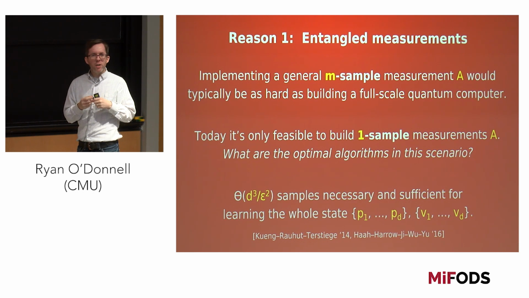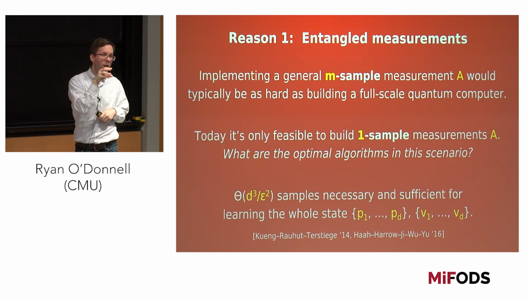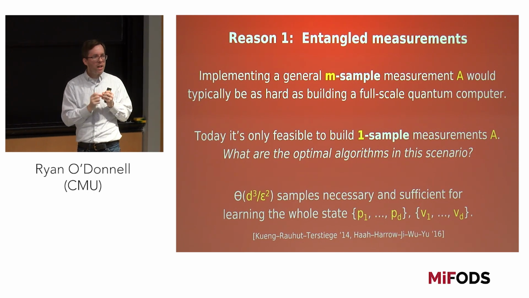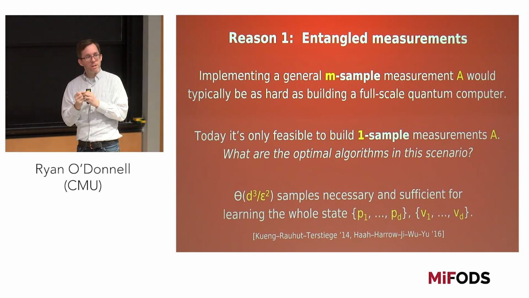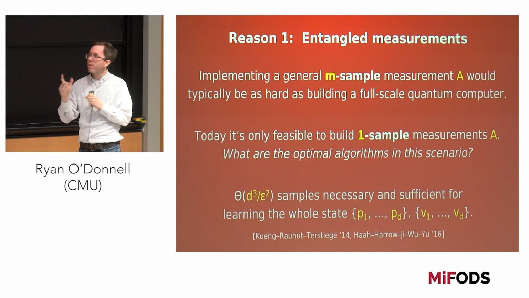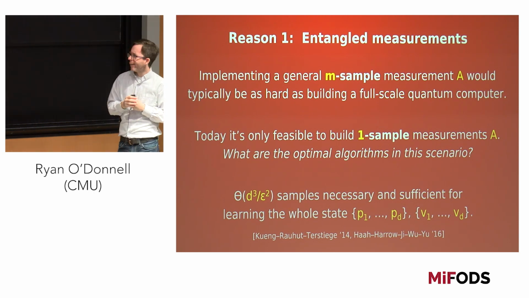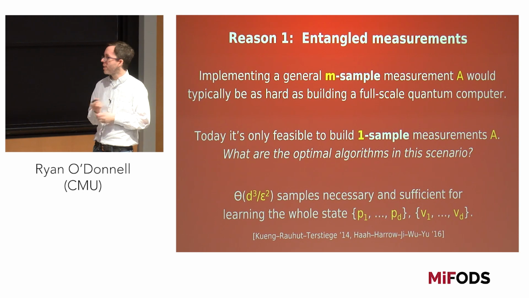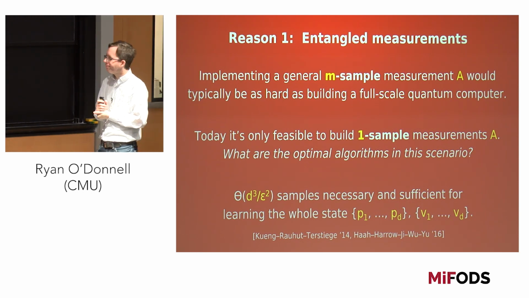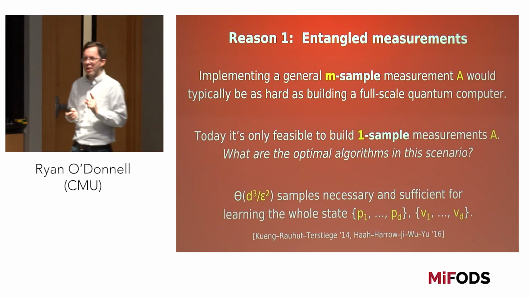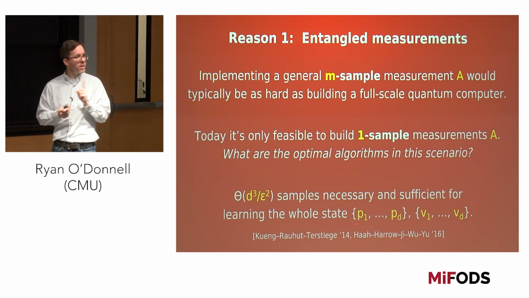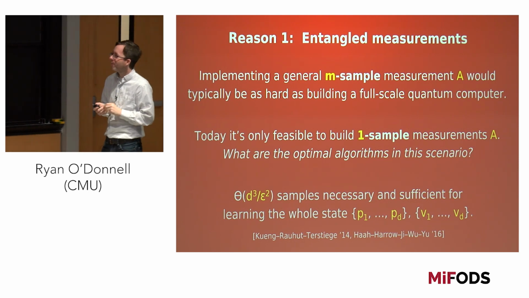A slightly more sophisticated thing you can do, which is still, I think, technologically somewhat feasible, is to measure the first sample, get back some classical information, then choose your second measurement based on what you've seen so far, do that, and get back some more classical information. So it's sort of an adaptive one-sample measurement process. I'm not exactly sure what the answer is for this slightly more sophisticated kind of algorithm. It's open? OK, good. It's a nice problem. Actually, I know some postdocs here at MIT who told me they were working on it, so I'm not sure if they're somewhere in the audience.